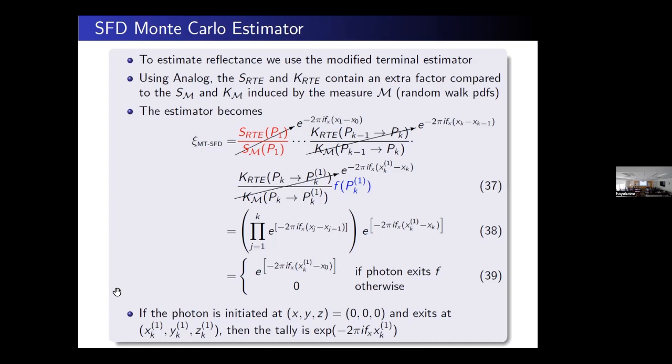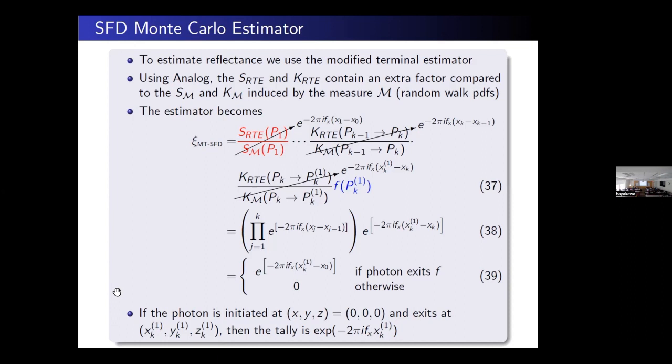When the photon comes out the surface, the distance between x0 and where it exited gets applied to this weight factor. Here's your spatial frequency, fx, with a minus 2 pi i, and each collision contributes, so that at the end you get e to the minus 2 pi i, spatial frequency in the x direction, times the x distance from where the point source is.